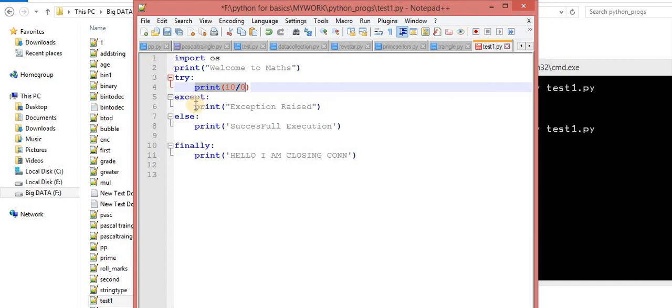After except, my control will move to the finally part. My else statement won't execute in this scenario. Why so? Because else is always executed when the try is successfully executed. In this case my try is not successfully executing, that's why my else will not execute. I won't get any message of successful execution.